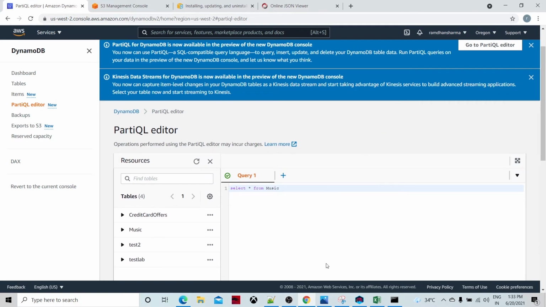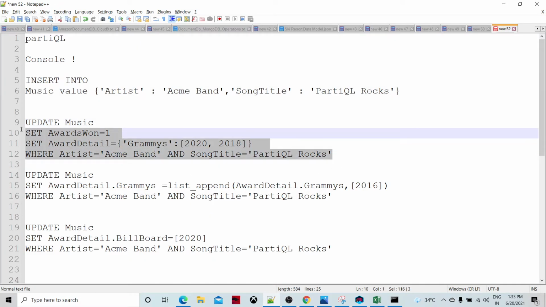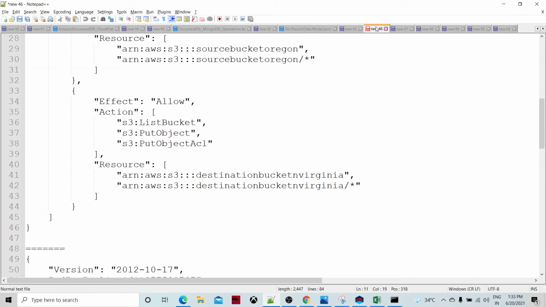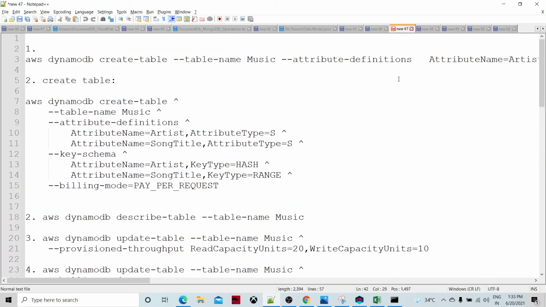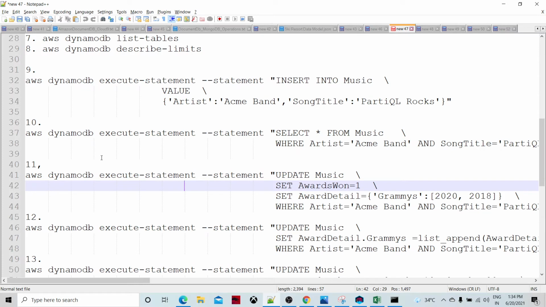Let's see another operation, an update operation, which I am doing from the AWS CLI. If you want to use the AWS CLI, you have to specify this: aws dynamodb execute-statement.